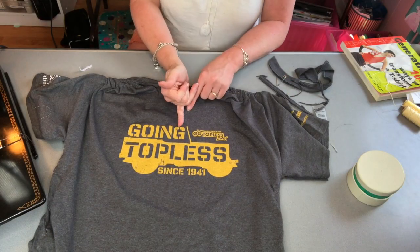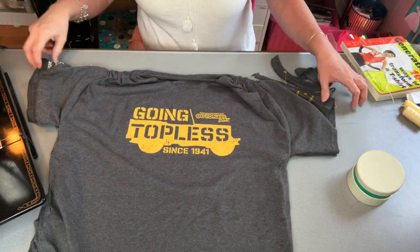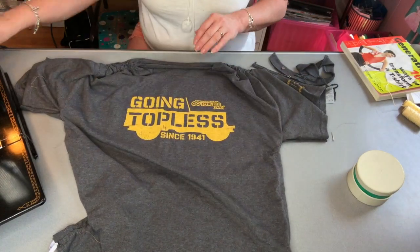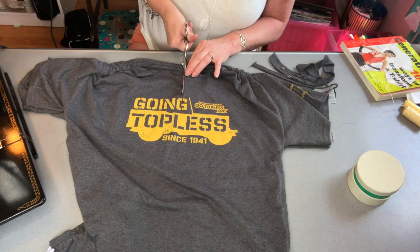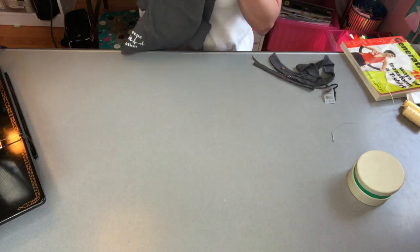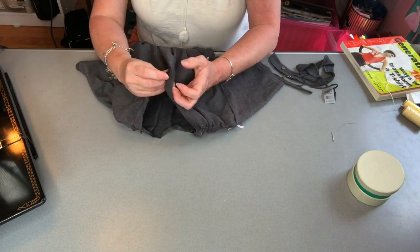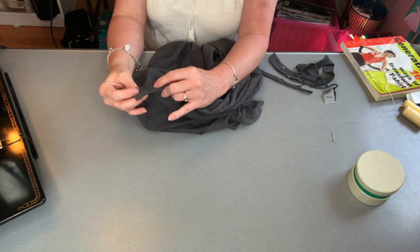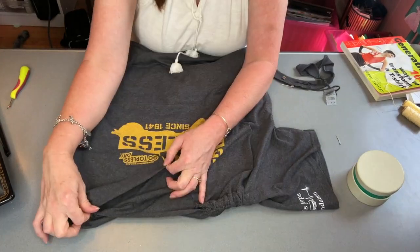Now I'm going to make the V of my neckline. So I'm going to start by finding the very center of my shirt, and I'm going to use my scissors and cut straight down to where I want the tip of the V to be. Then I'm going to push the pieces together so that I know that they're even. I'm going to turn my shirt inside out, fold those over evenly, the same amount on each side, and then I'm just going to stitch down my V all the way around from there